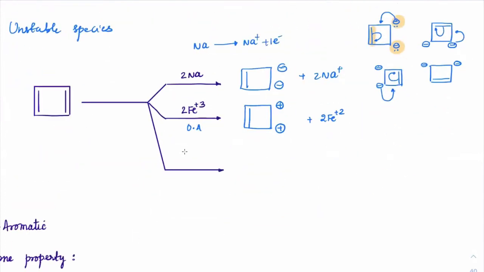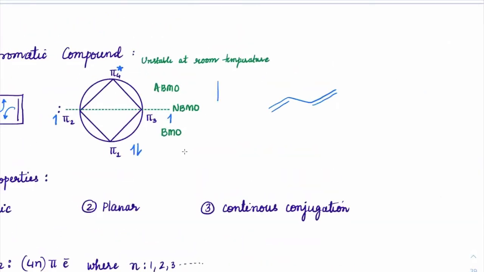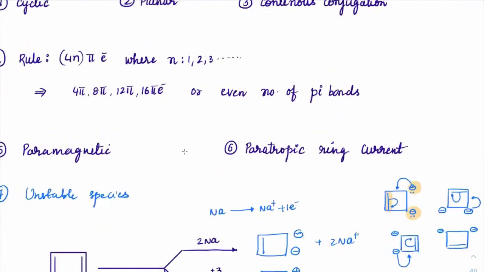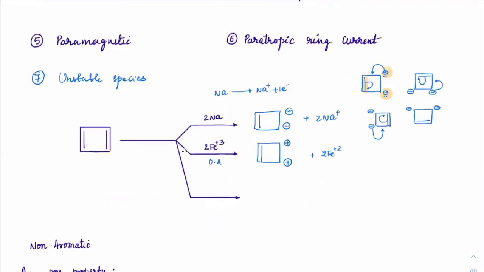Everybody clear? Or if you leave it for long standing, here you can see now, beta, when it comes to potential energy, because the electrons are present in non-bonding, its potential energy is very high. They are not only in bonding molecular orbital, correct? And because they have high potential energy, they are more reactive, and they are trying to become a low potential state by achieving aromatic nature. Unstable species will always like to become stable species, yes or no? And if you give any reagent like this, they will immediately turn into stable species. Okay.